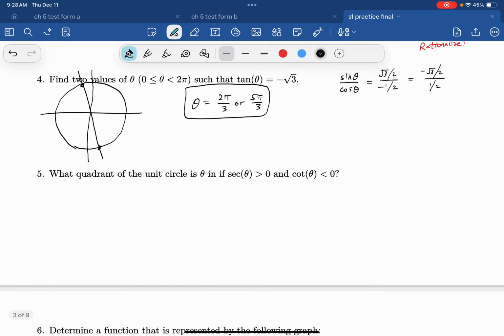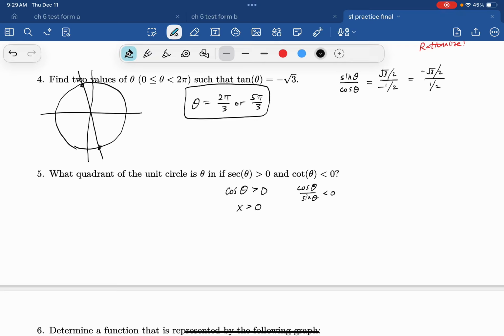Which quadrant of the unit circle is theta in, if secant theta is greater than 0 and cotangent is less than 0? So if secant is greater than 0, that tells us that cosine is greater than 0, right? Because secant and cosine are reciprocals of each other. So if cosine is greater than 0, that means we're looking at a positive x value, right? On the other hand, if cotangent is less than 0, that tells us that cosine over sine is less than 0,